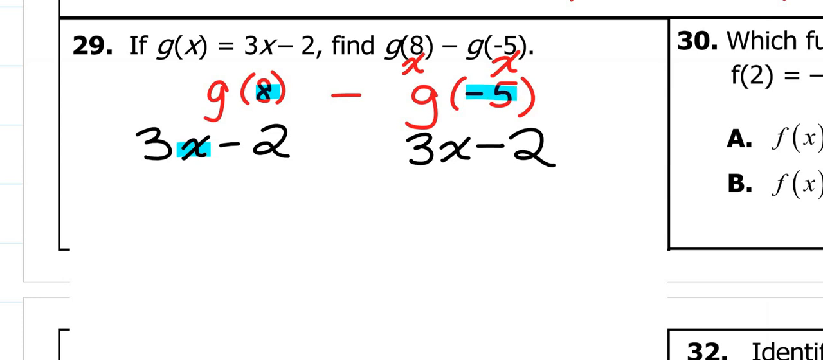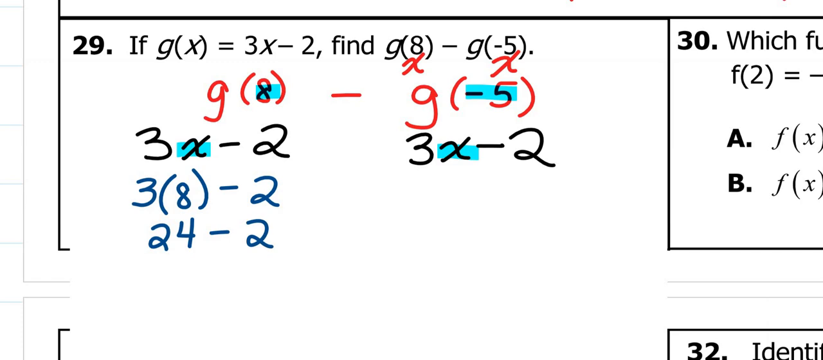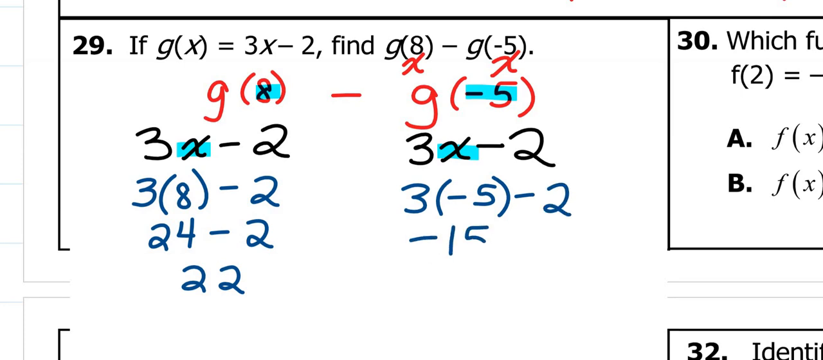But I'm going to be plugging -5 into x this time. All right, so be very careful when we do this here. Plugging things in, I'm doing 3 times 8 minus 2. 3 times 8 is 24 minus 2. So we get 22. Here, 3x minus 2, I'm going to plug in -5. So 3 times -5 minus 2. 3 times -5 is -15 minus 2,